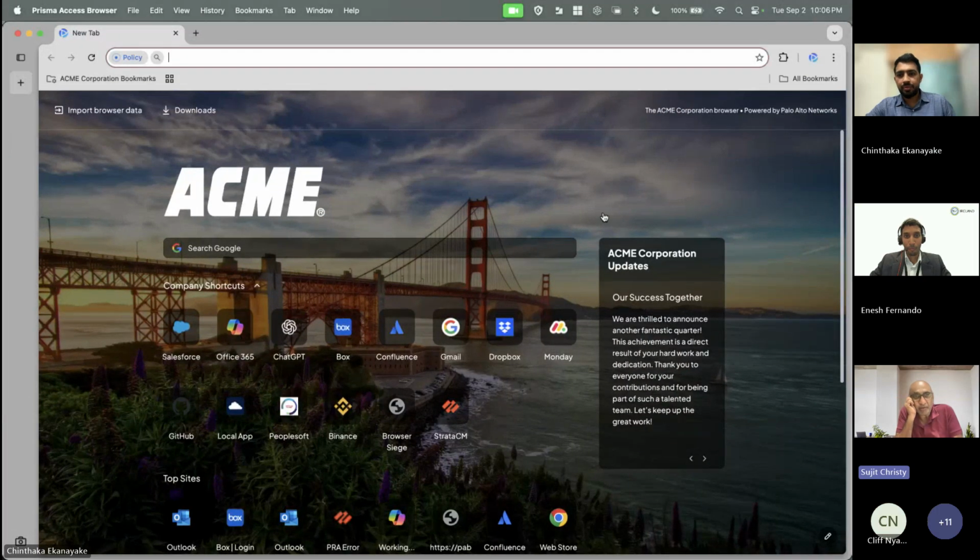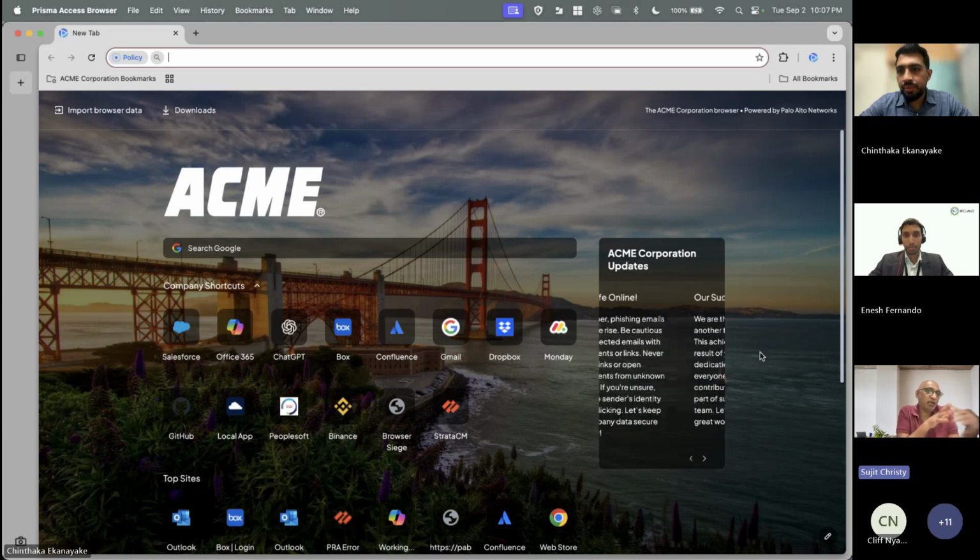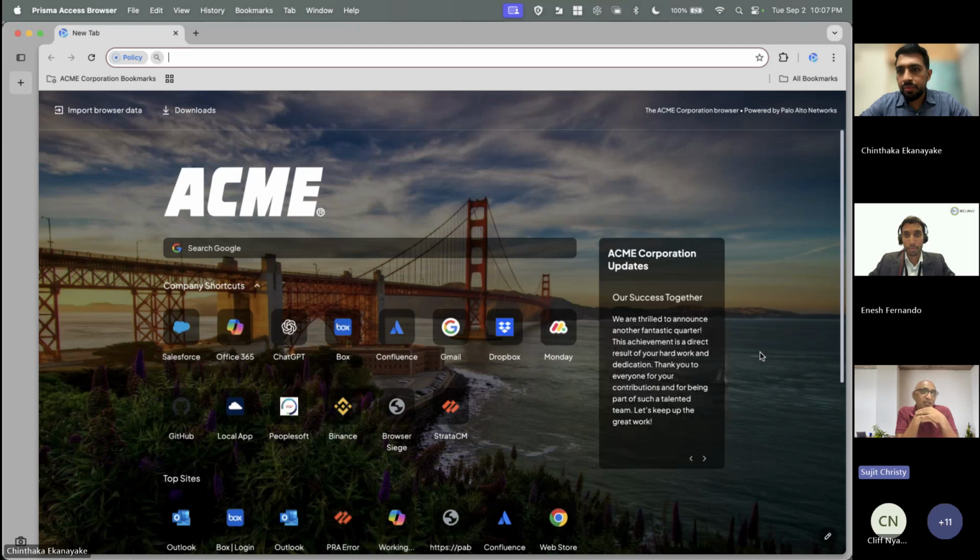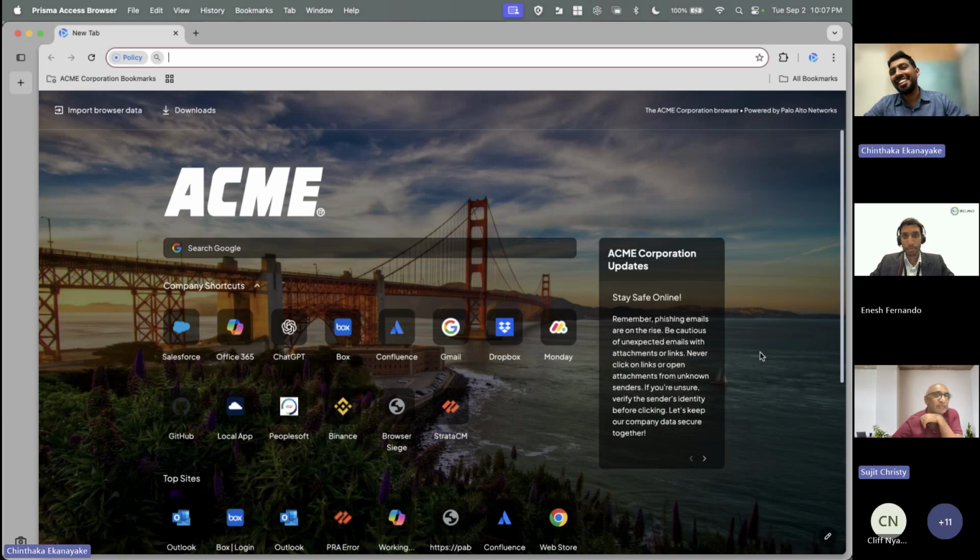Just to put things in context, it's a very important piece of security in this complete landscape. What would be the prerequisite to avail this feature? Do you need to be a Palo Alto customer? Do you need to be running Palo Alto infrastructure to do this, or can it be a standalone implementation? Yeah, this is completely standalone. You don't need any other thing to be present to use this. We can set it up and then get started.